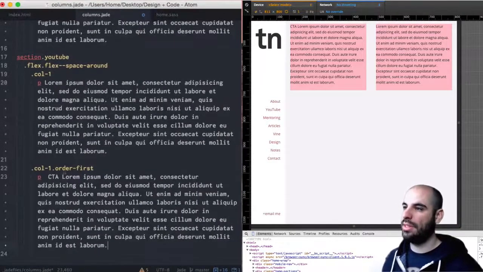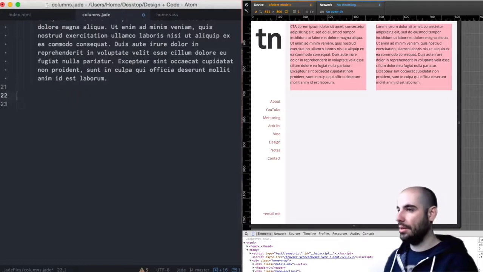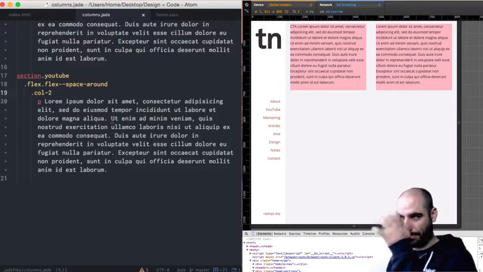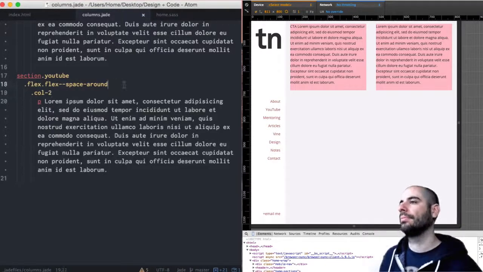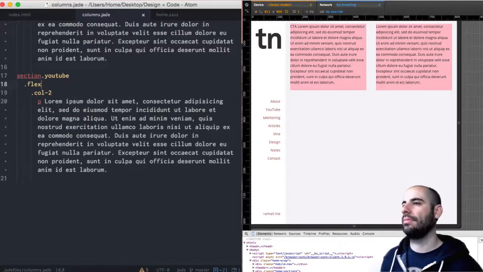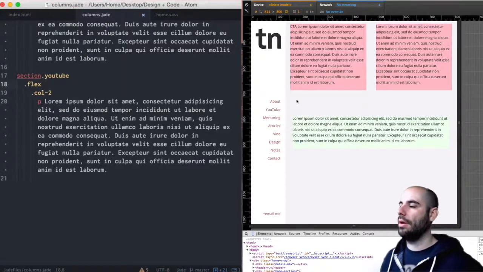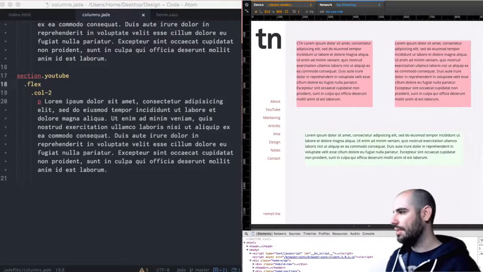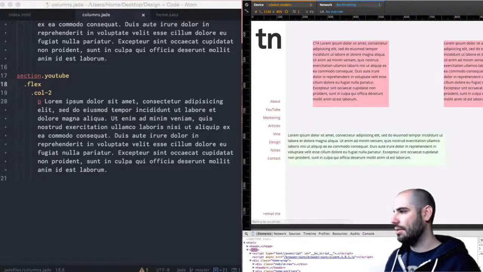All right, now this is this. We don't need that second column because we're just doing a 1 column thing that will span both columns, so column 2. I don't know what flex space around will do. Okay, yeah, that worked. Here's 1 column that sits in the middle, and